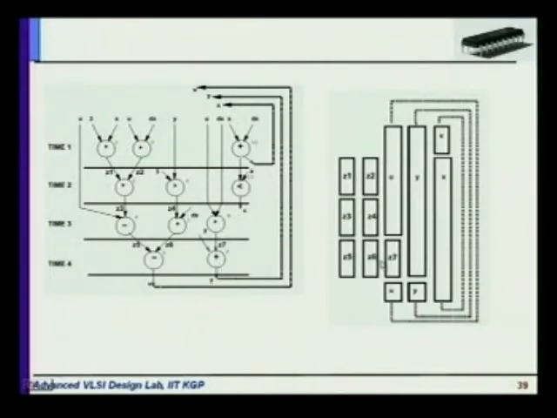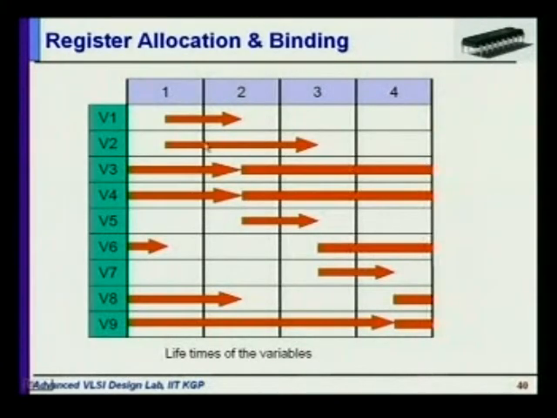Basically, if you consider the DIFFEQ solution, suppose it's scheduled in 4 time steps. Here you can see the span of u is these 3 time steps, x is these 3 time steps. So these are the spans where these variables are live. Like z1 is computed here and it's used here, and nowhere else, so its span is basically only 1. By that way you can construct the lifetime of each variable. So this looks like the lifetimes of each variable. It's live here, and this one is live for these two time steps, and this is only available in this one time step, and so on.